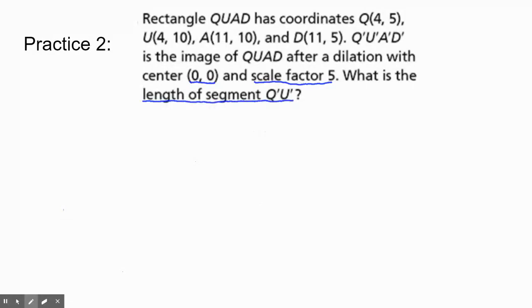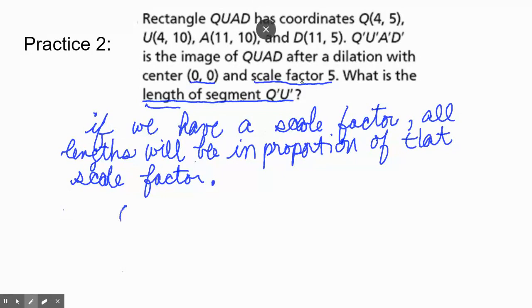Okay, so this time we're not actually going to find a dilation. So we might take a different step this time. So the length of Q prime U prime is going to be equal to the length of QU times the scale factor R. And we have the length of QU, and we have R. Okay, so QU